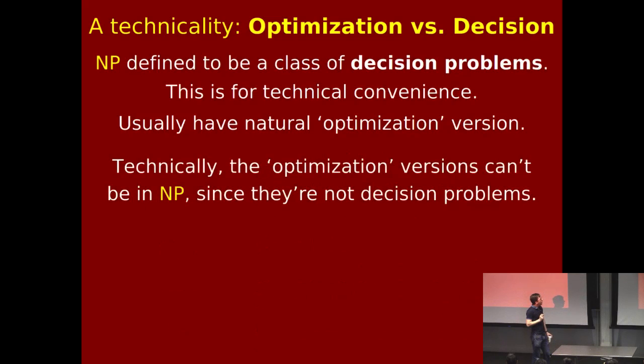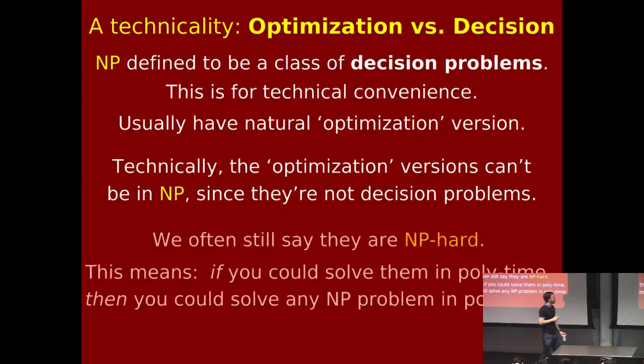So these are a bit more natural, the optimization version of the problem, but they cannot be in NP because they're not decision problems. NP is defined to be a class of decision problems. So that's the technicality. But you can still say that these problems are NP hard, and that just means